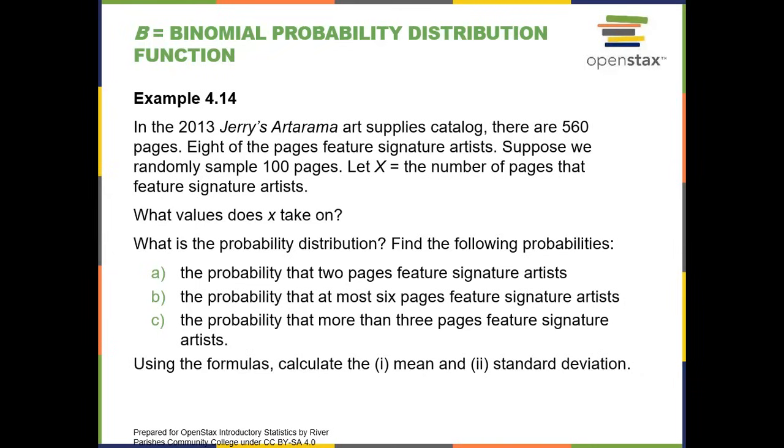Second vars, scroll down to B as in boy, which is binomcdf. Enter. Number of trials is 100. Probability of success is 0.0142. And X value: more than 3 pages means you're adding from 0 to 3 because it's the complement of 4 and greater. So your X value is the last value which you're adding from 0, which is 3. 0, 1, 2, 3. And paste, enter, and enter. And the answer is 0.0547.